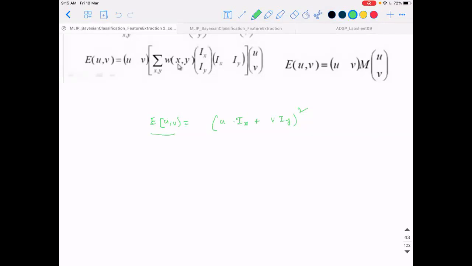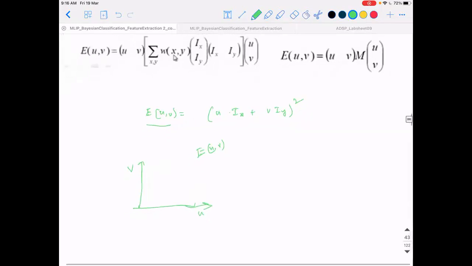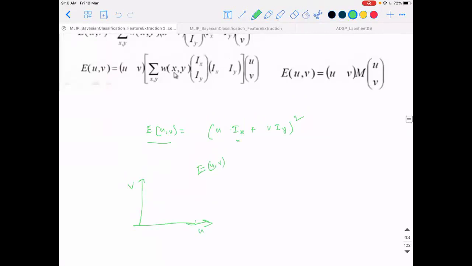Circle. Very good, it can come to a circle. When does it come to a circle? When u and v are equal? No, not necessary. u and v are variables and they keep varying. So I want to sketch in uv space. This is u and v, and across this I want to sketch E of u, v. Which are constants here and which are variables? u and v are variables, and these are constants.